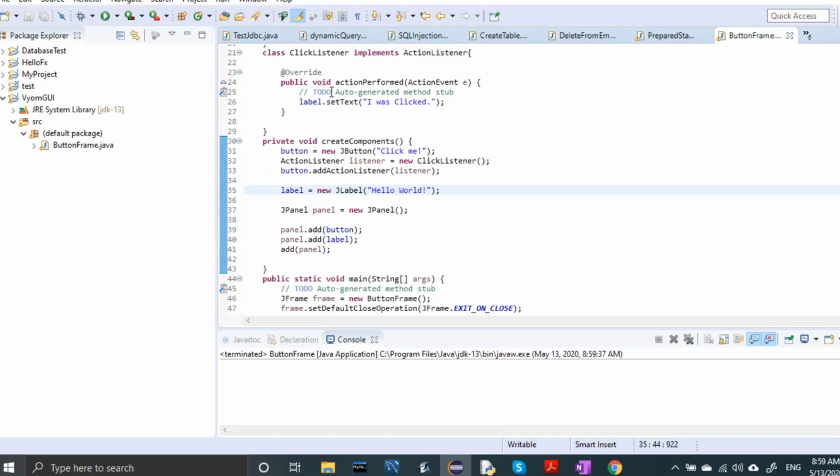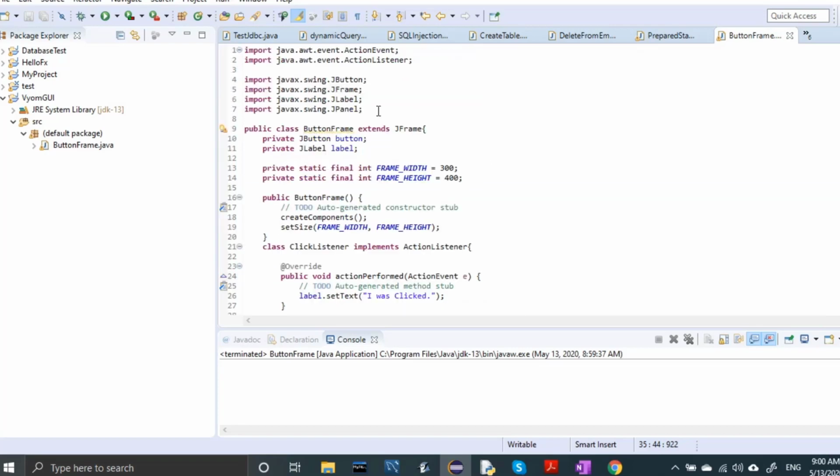When I click the button object, it automatically calls the actionPerformed method and passes the ActionEvent. Then I'm changing the label's text to "I was clicked". So this is how it works.